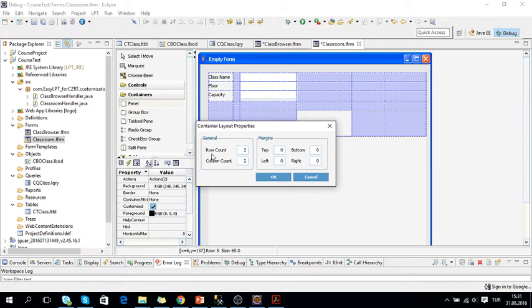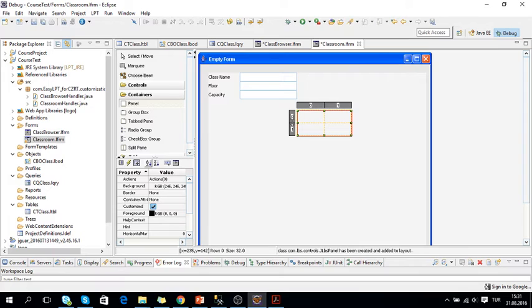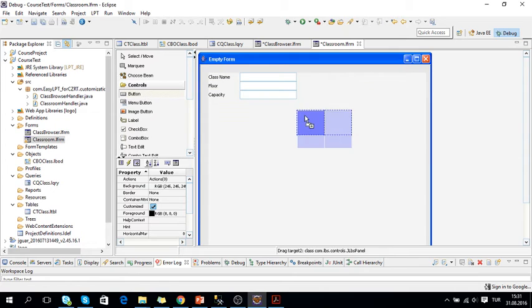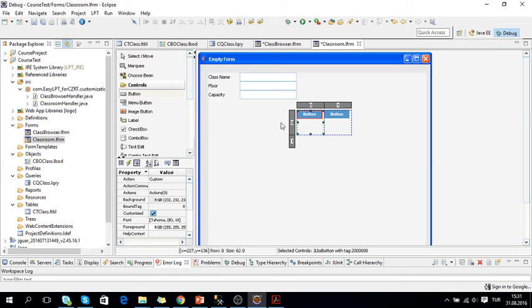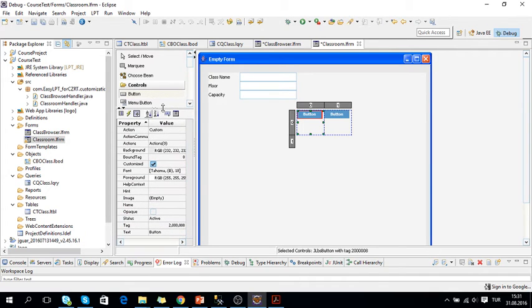So I'm including here two row counts and two columns. So it looks like this here. Now I can adjust this accordingly, and now I can put my two buttons inside this. One button goes here and one button goes here. Okay, so for this button now, what we need to do is